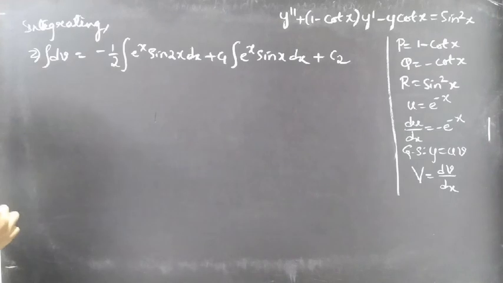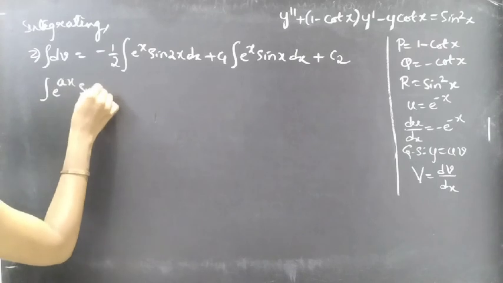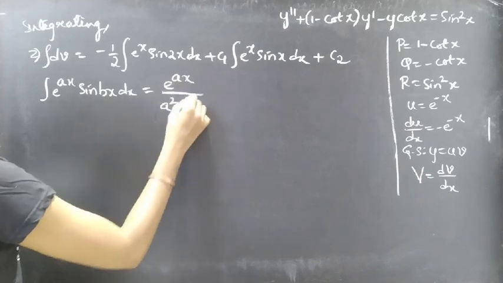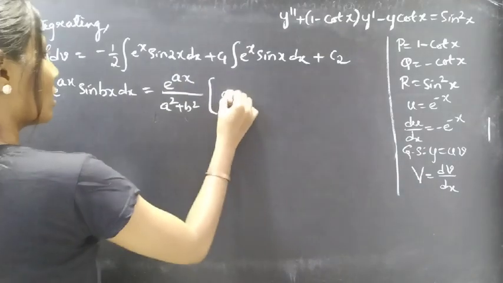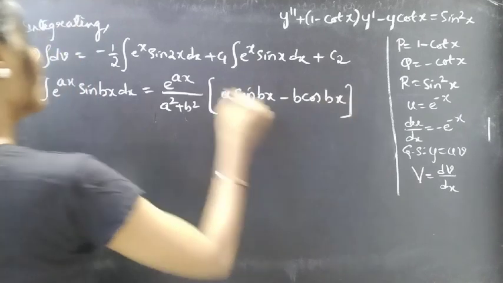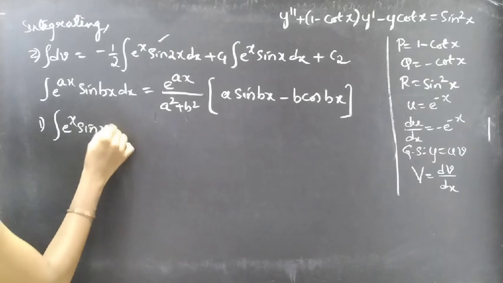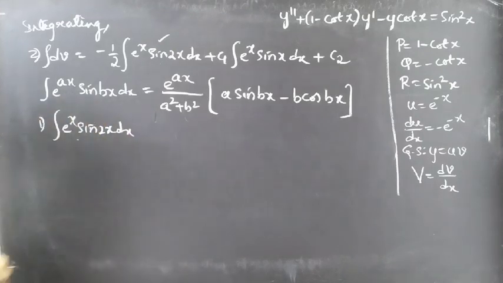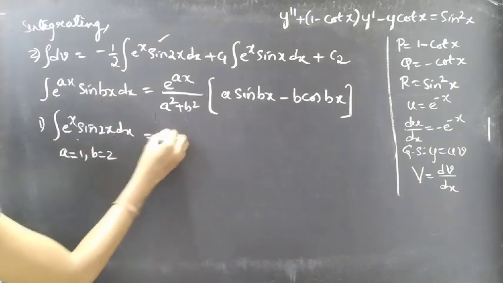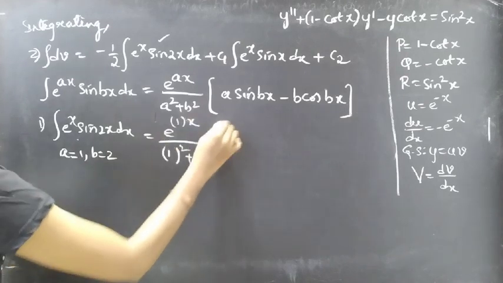Here we are going to apply a formula: integral e power ax sin bx dx equals e power ax by a square plus b square into a sin bx minus b cos bx. I'm going to find the first one on the RHS, integral e power x sin 2x dx. Just compare the integrand with the formula. Then for a equal to 1, b equal to 2, we'll get e power 1 into x by 1 square plus 2 square into